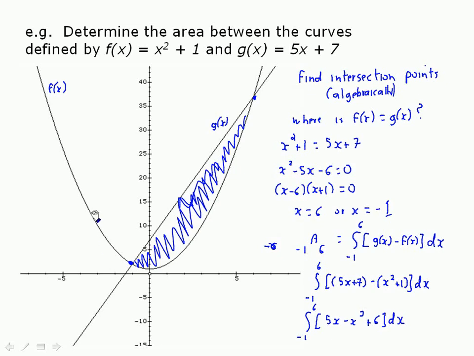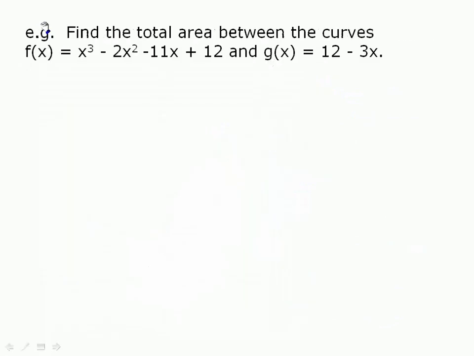So bring up the new screen to work it down. So from negative 1 to 6, sometimes I press the wrong button. I'm going to write this one in descending order. I'm going to put the x squared term in front even though it's negative. So negative x squared, and then plus 5x, and then plus 6